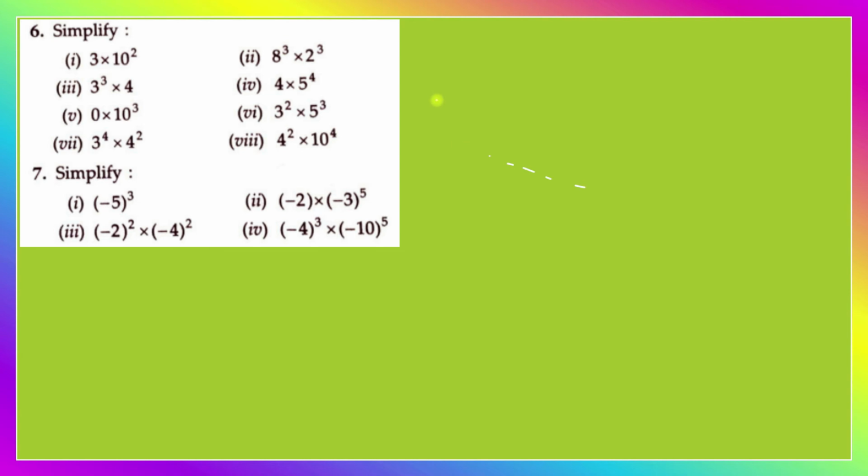Simplify. In this case we just have to simplify the parts. So let's now solve and simplify. What we are going to do is pretty easy. Let's make 2 parts, for example the 7th part and the 8th part. The 7th part is 3 to the power 4 into 4 to the power 2. 3 to the power 4 is 81. 4 squared is 16. 81 into 16.